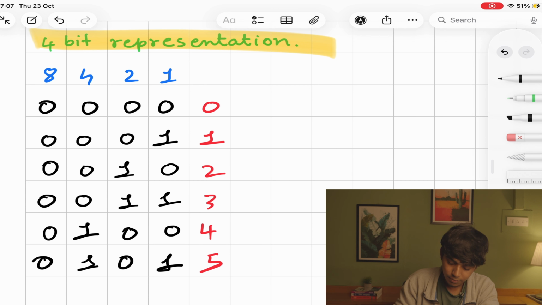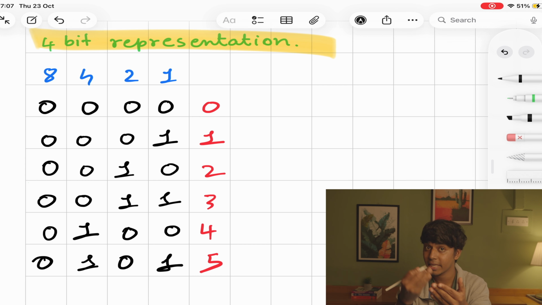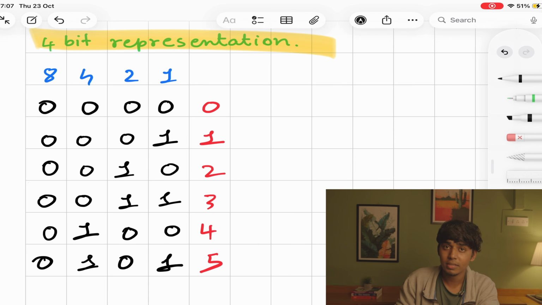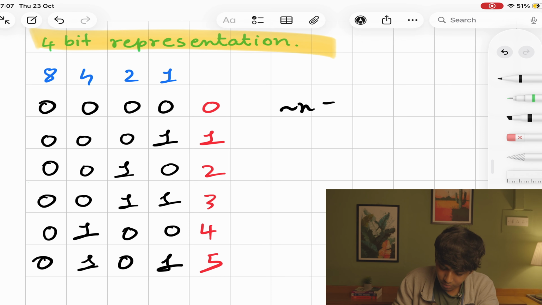Now that you see that you can represent numbers in binary like this, we will see how the negation operator in Bitwise works. When I say negation, it's nothing but negating the value. When you give true, it's going to give false. When you're giving a positive value, it's going to give a negative value. So in Bitwise, the negation of a particular number n is going to give you the negative value